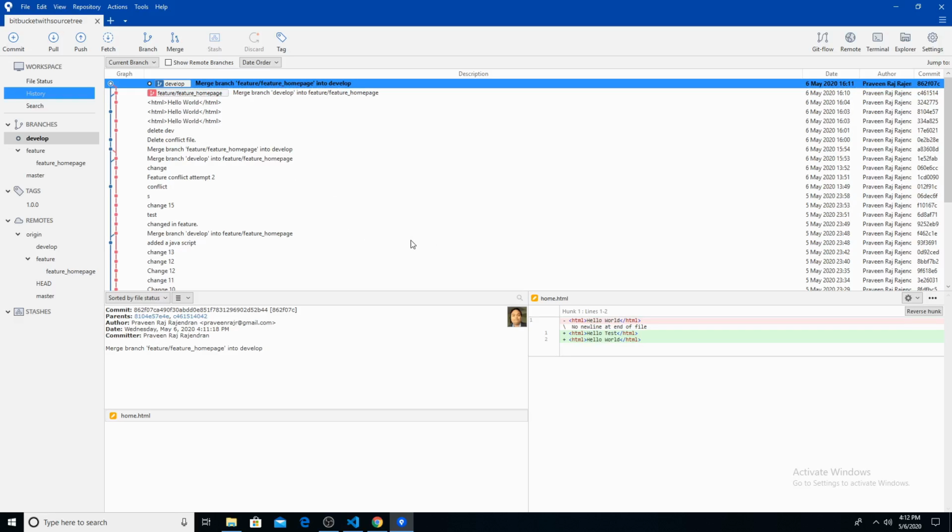So that's all I wanted to cover with SourceTree, and I hope you got an idea of how to use the SourceTree IDE to do your regular check-in,